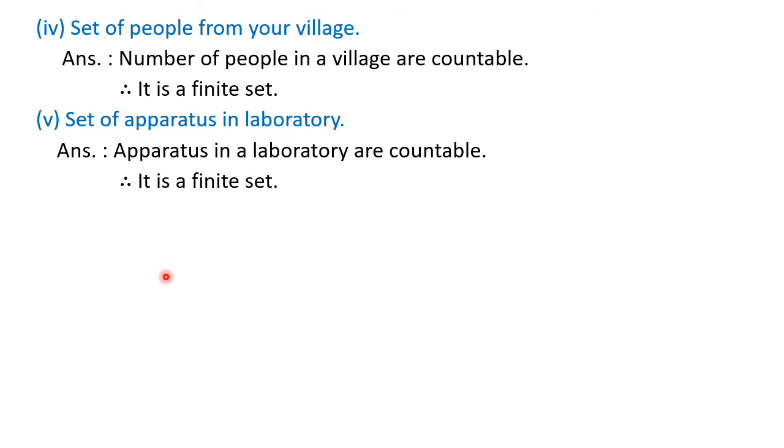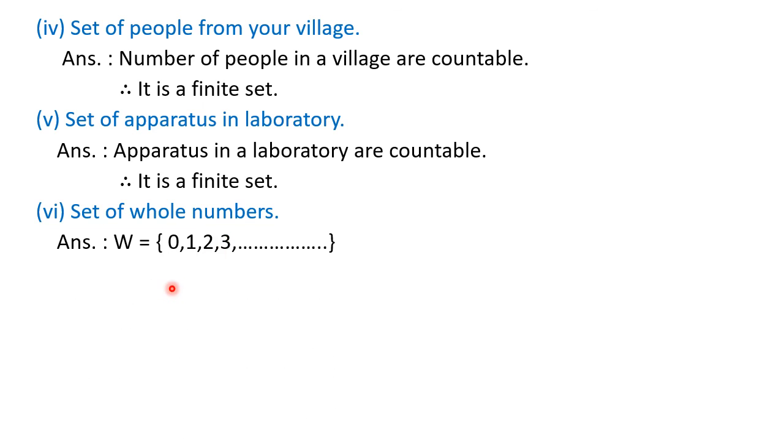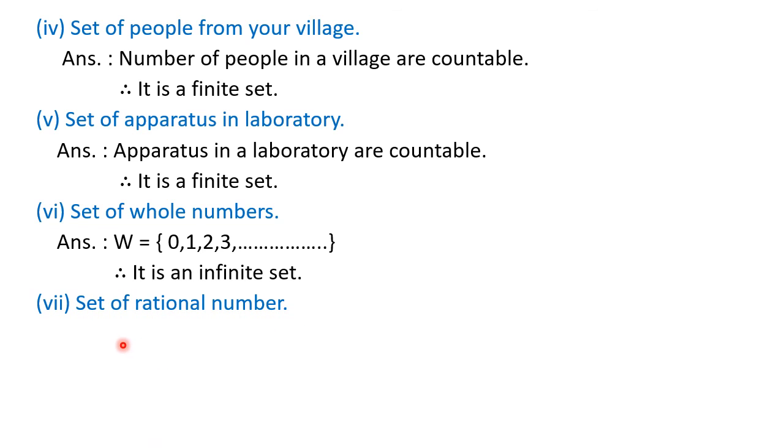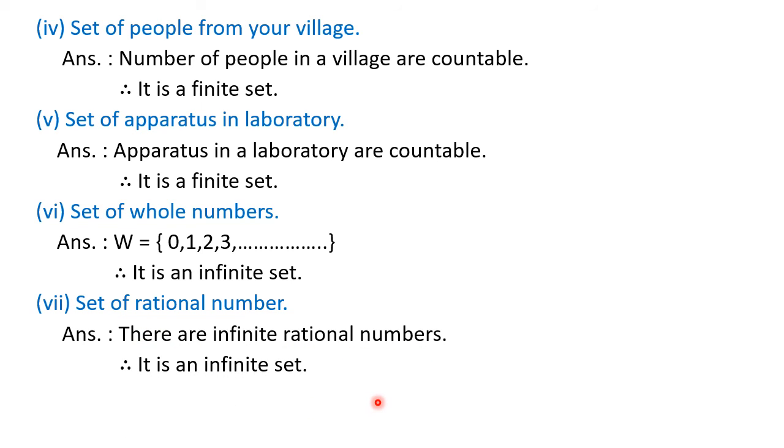Okay. Next, set of whole numbers. It is an infinite set because you know that W we can write as 0, 1, 2, 3 and so on. So it is an infinite set. Next, set of rational numbers. You know rational numbers, that means fractions. So here also we can write that there are infinite rational numbers, and therefore again this is an infinite set. Okay. Next,